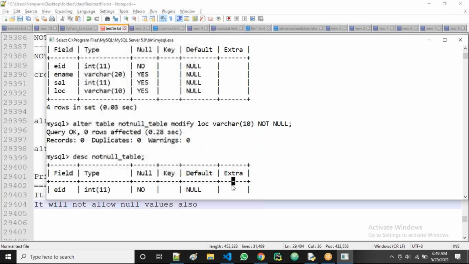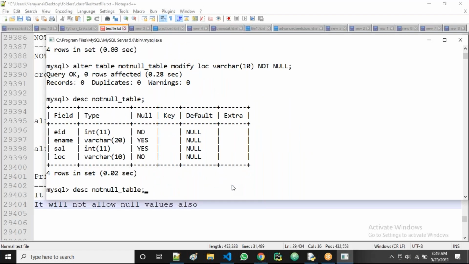I am going to create a new table for a primary key. I take the table name, suppose, primary key table, for example. Then I'll take EID, which is integer type. I'm going to take it as a primary key. If you take it as a primary key, two things apply. Next, name is there.